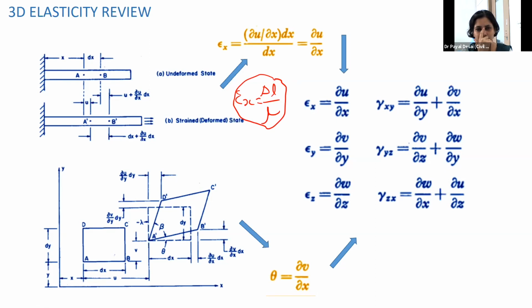So in that case, we need to take the help of differential calculus, because we want to determine the stresses at a point. This is an average thing. Whatever stress we determine as P by A gives you the average stress. It is not the stress at a point. It is the stress at a cross section, because you are dividing by the cross-sectional area. This is your average stress, not the stress at a single point.